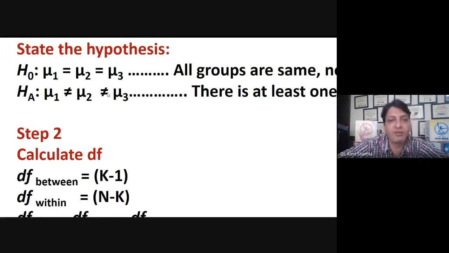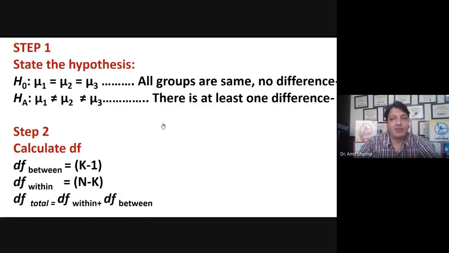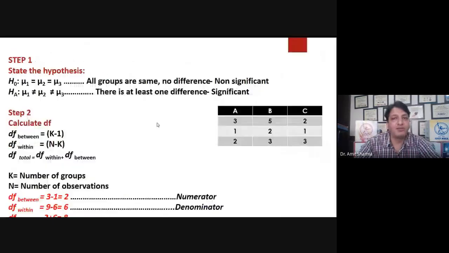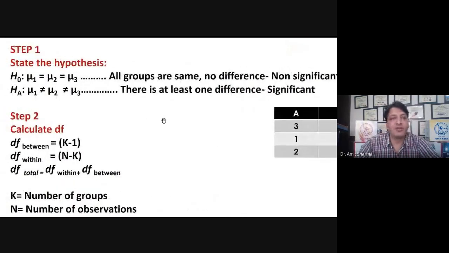If you have multiple groups, you can write 4, 5, 6. If you have 5 groups, you have to write mu 5 times. The null hypothesis says that all groups are the same, no difference between the groups, that means non-significant. The alternative hypothesis says that the groups are not similar. There is a difference in the mean of the groups. At least one difference is there.